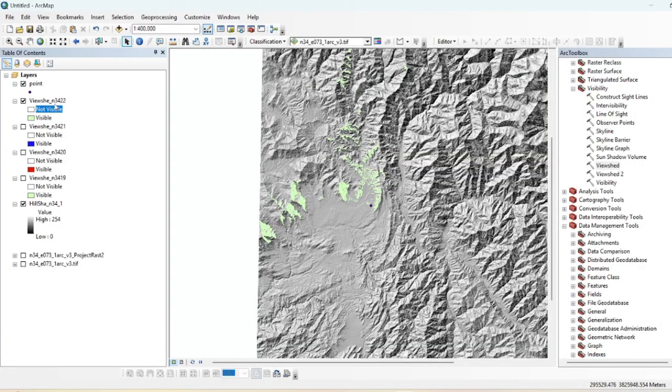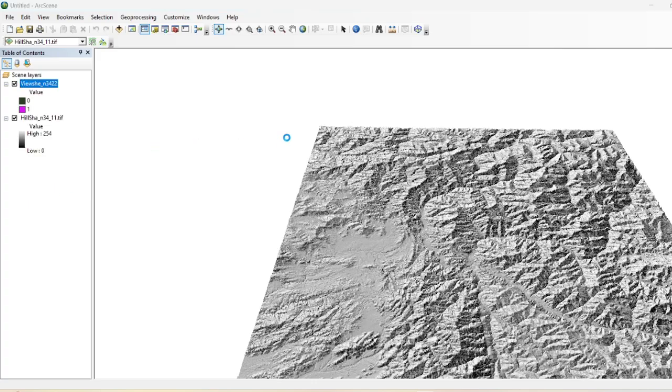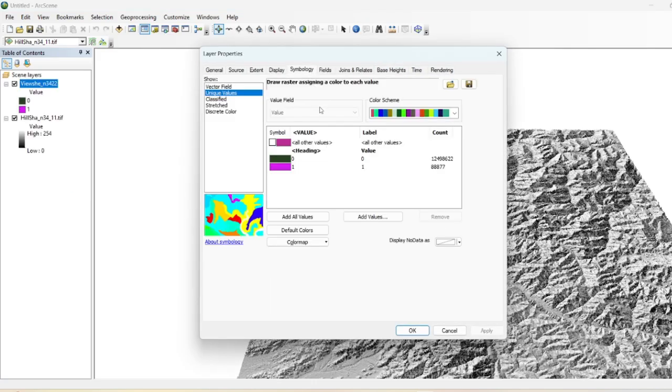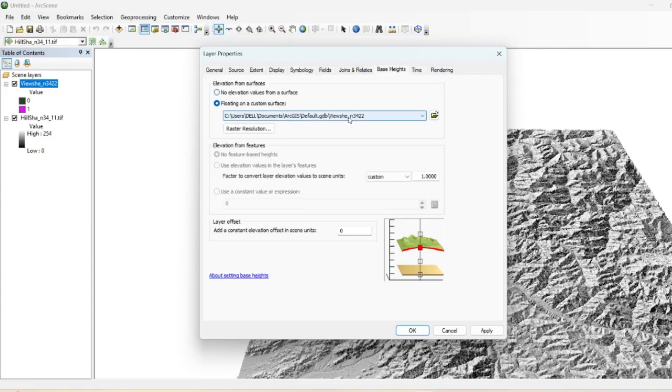So let's add our viewshed N3422 layer. Go to the attribute table, and in symbology, no color for this, and in height use this hillshade for the height of it and keep it 3.